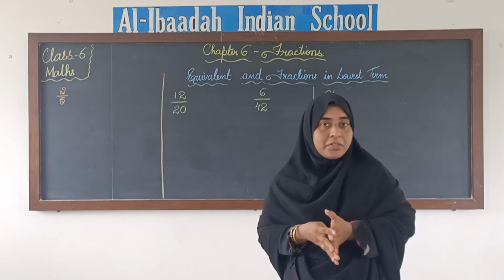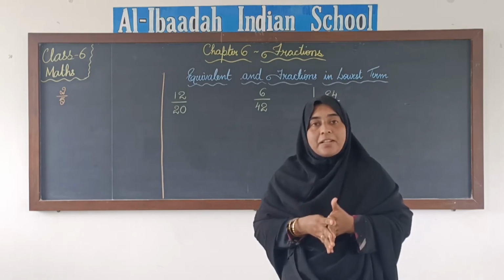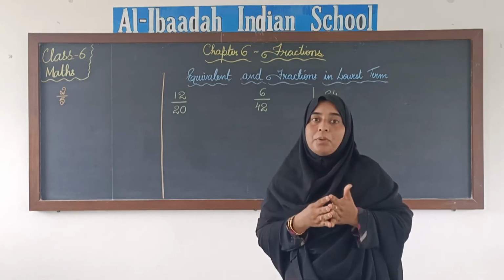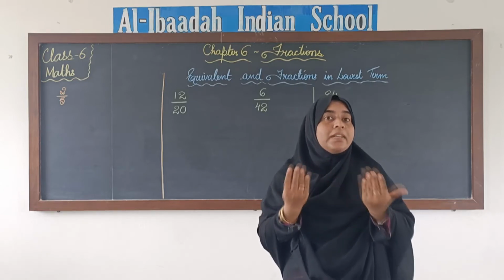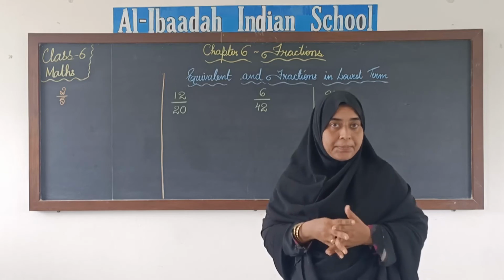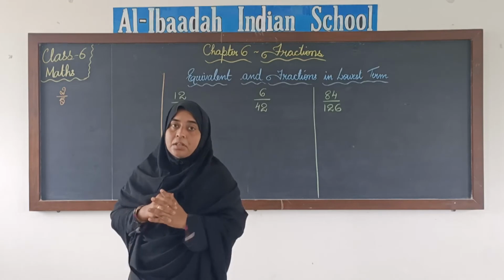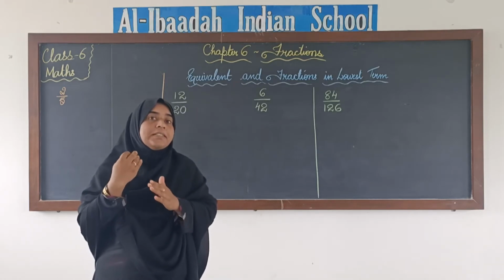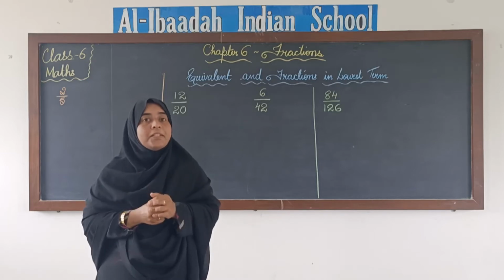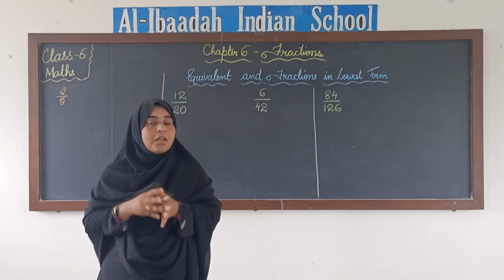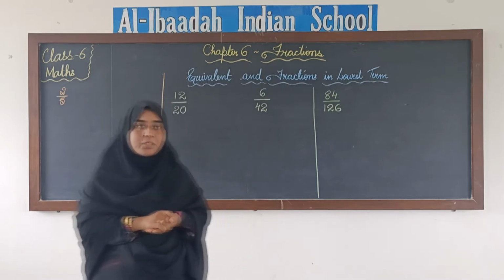Now what do we mean by equivalent fractions? We had discussed in our first video of fractions, right? Equivalent fractions means they will tell you about the same quantity. The way we write the fractions will be different, but the quantity that they represent will be the same, right? And how do we find the equivalent fractions? We had also seen in our video that we will multiply the numerator and denominator with the same number, and when we do that, we get a new fraction, right? And that fraction is equivalent to the previous one.